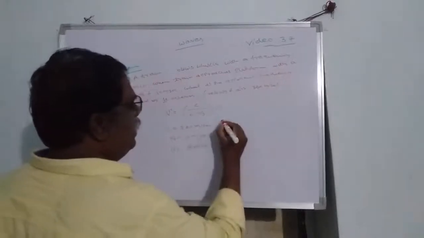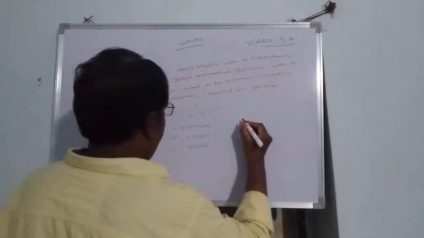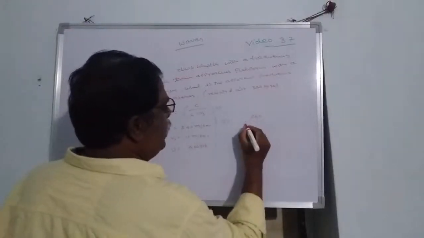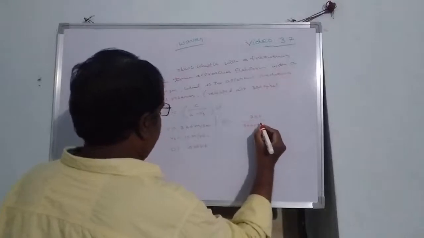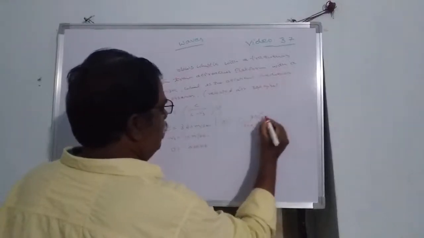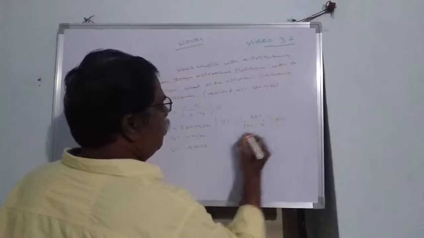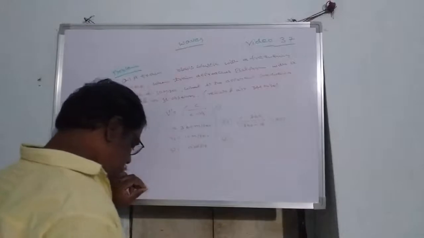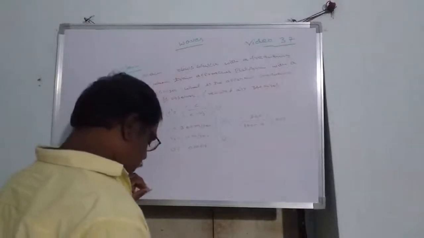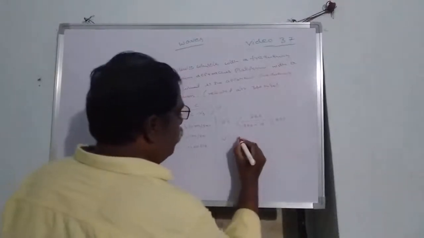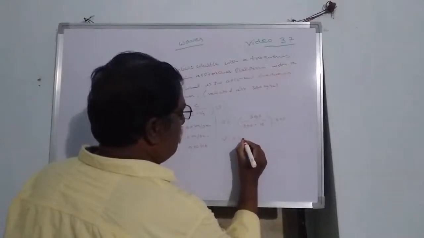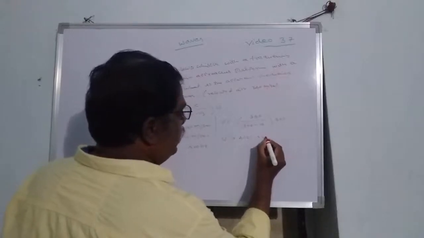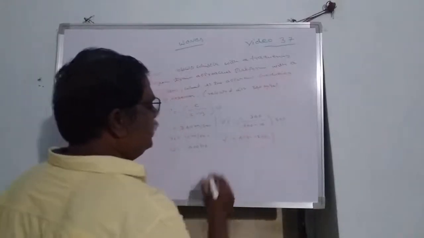Substitute the values here, then the apparent frequency mu dash is equal to 340 by 340 minus Vs, velocity of source 10, into mu, which is 400. Therefore apparent frequency mu dash is equal to 340 into 400 by 340 minus 10, that is 412.12 Hz. This is the apparent frequency.